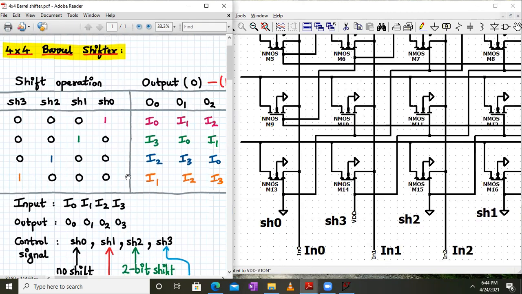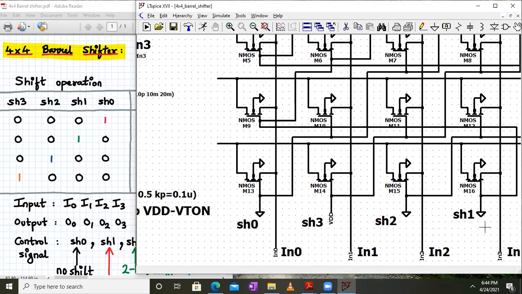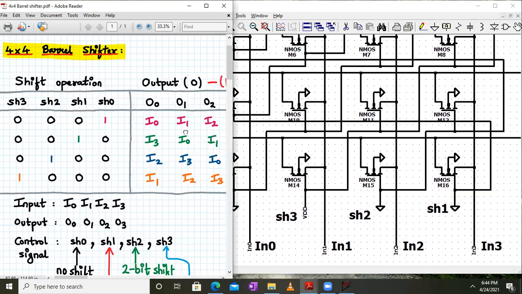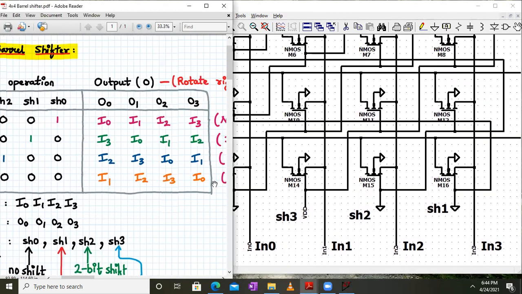SH3 is 1, and in all the other cases we have connected 0. As you can see, SH0, SH2, and SH1 are tied to 0, whereas SH3 is 1. The data which we have given should be I1, I2, I3, I0, and it will be stored like this in O0, O1, O2, O3.